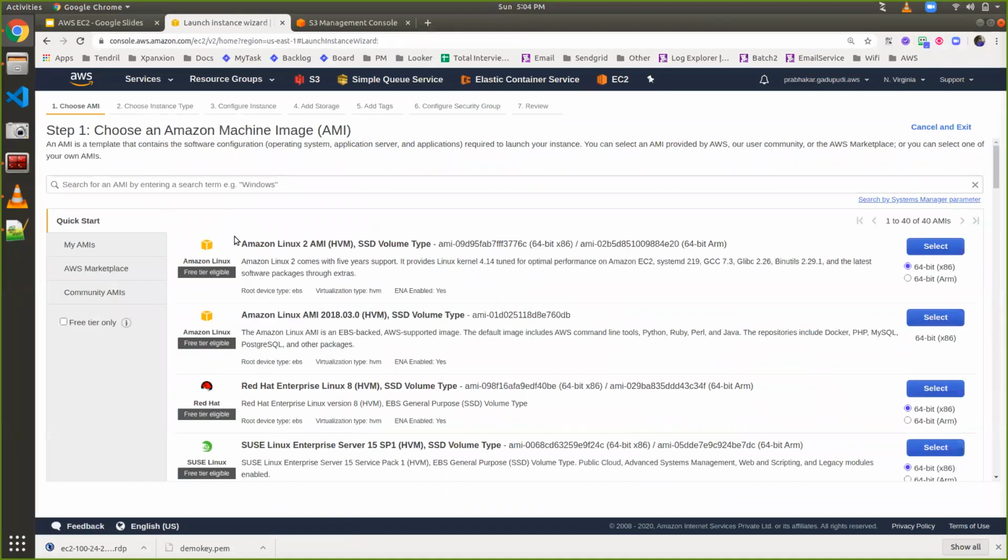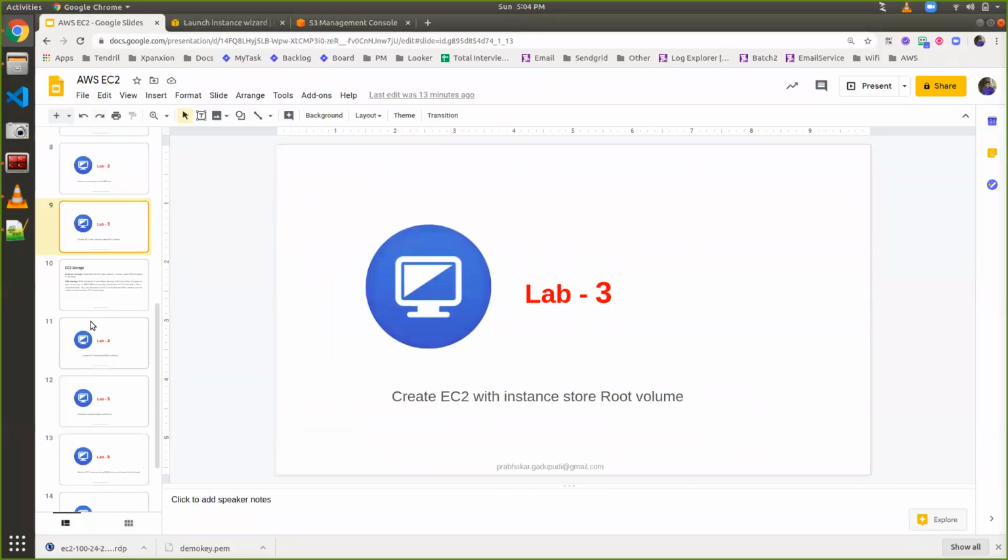Earlier, I was choosing the image which was existing on the quick start. Here, if you see, the root device type is EBS, the virtualization type is HVM, and ENA is enabled, and there are some other parameters. We have to choose the root device type, which is the instance type. Before doing that, I just wanted to understand